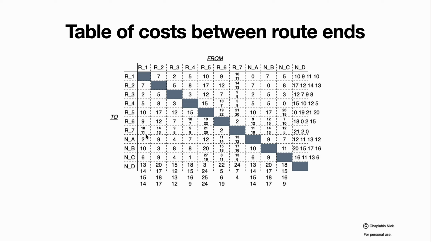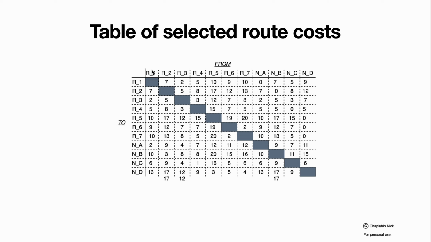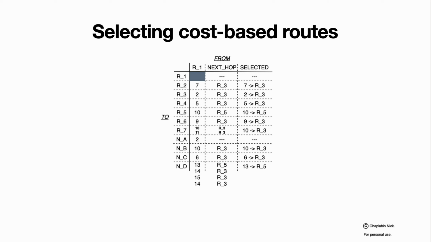Well, I would say that common expectation would be that we simply select the smallest value, and that's it. We have selected the easiest way, or the least costly way, the best path, the best route between R1 and every entity in our topology, and sometimes it is possible. So for R1 we are selecting